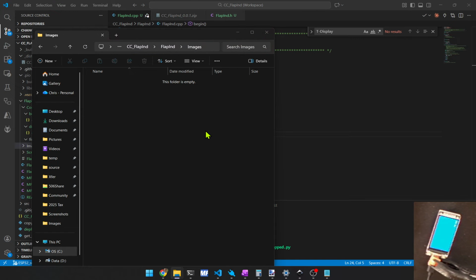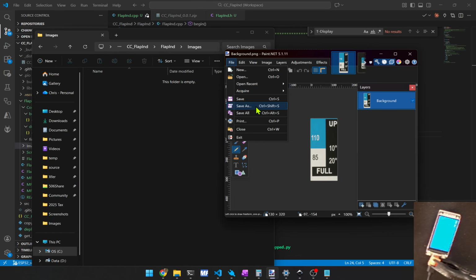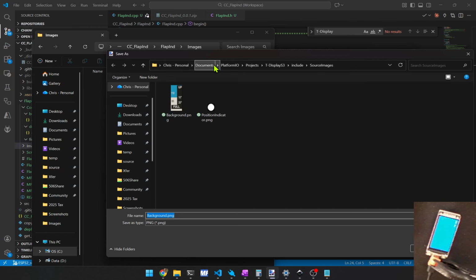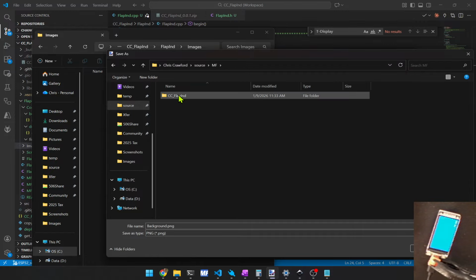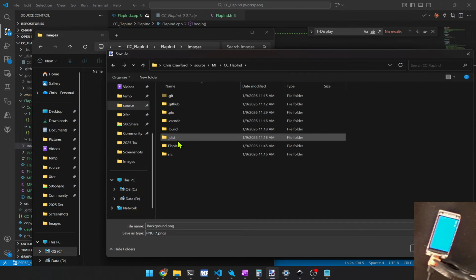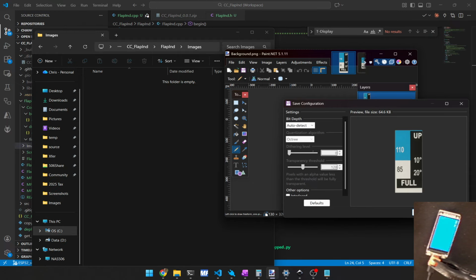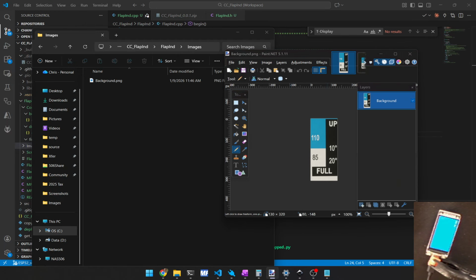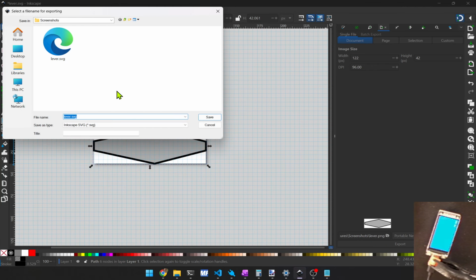Let me find those images that I made before. So there's one here, and let's save this as, let's see, where are we? We are under Source, MobiFlight, FlapIndicator, FlapIndicator, Images, background.png. We'll save that there. Take the defaults, and then over in Inkscape, is my Inkscape window still open? It's there. Let's save this as